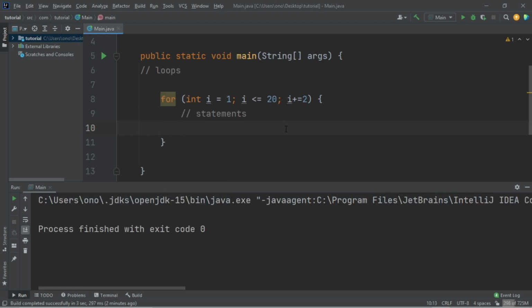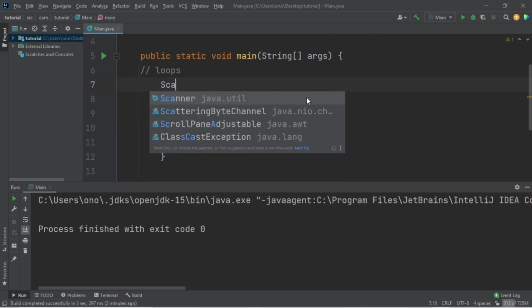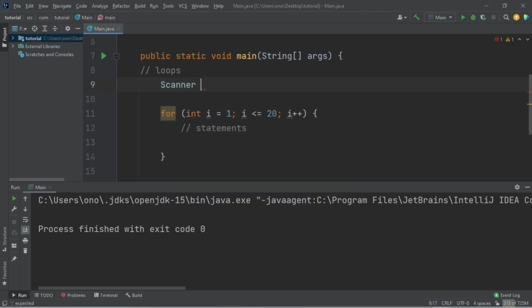We can do a lot of cool things with loops. And one of the things I want to show you guys is, okay, let me show you this. Let me revert this to increment, and here I want to declare a scanner object, and I'm going to call it scn, set it equal to,